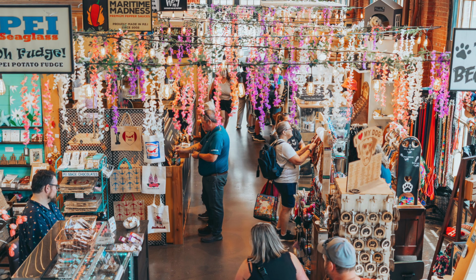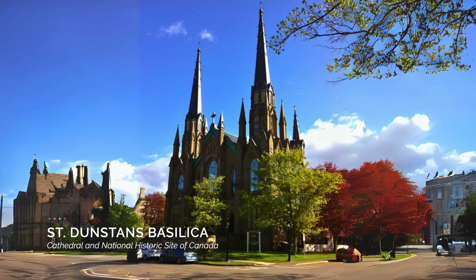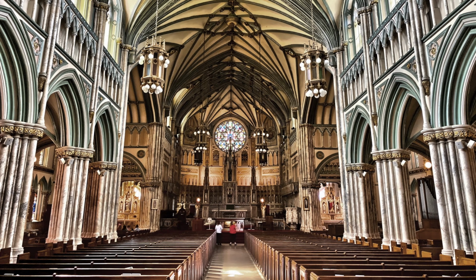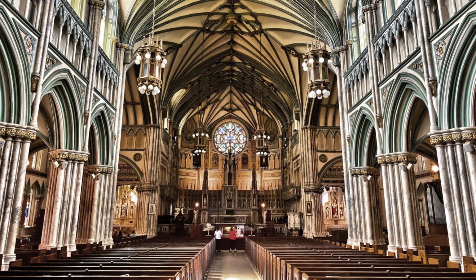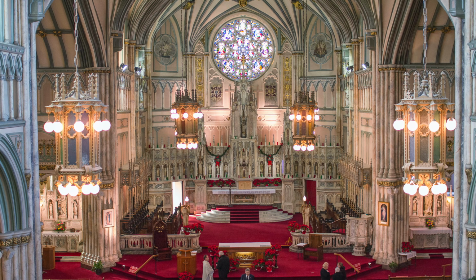Now head up into town, you'll notice St. Dunstan's Basilica from far away. Rising from the ashes of a 1913 fire, the towering stone spires of this neo-Gothic basilica are now a Charlottetown landmark. The marble floors, Italianate carvings, and decoratively embossed ribbed ceilings are surprisingly ornate. Next up,